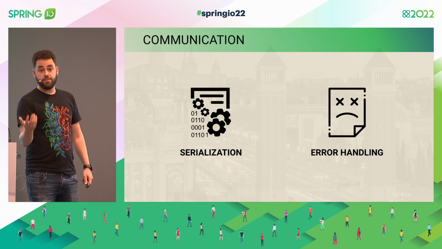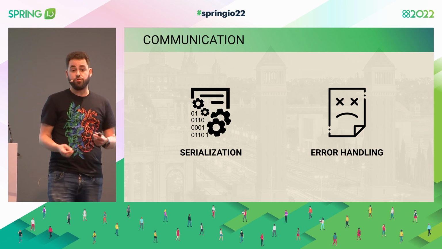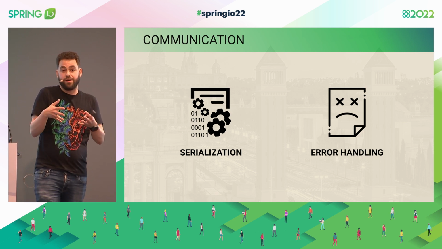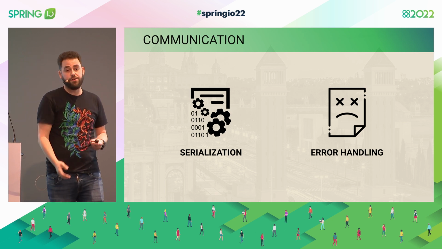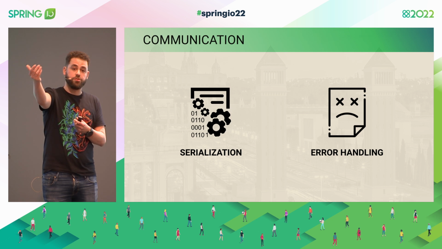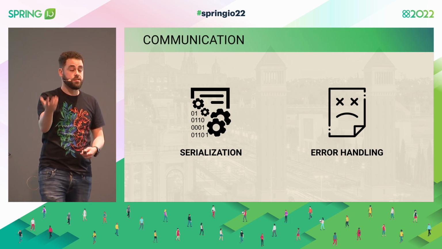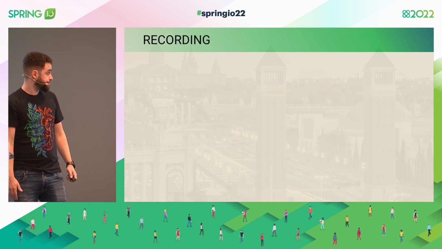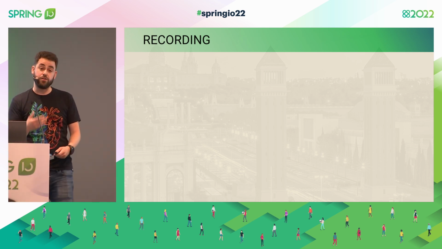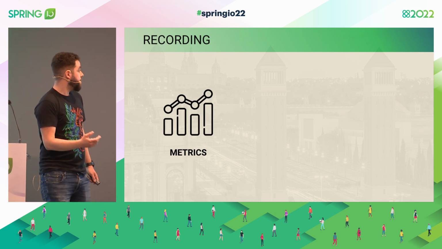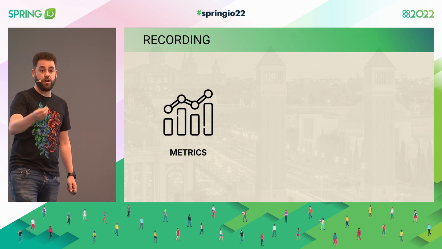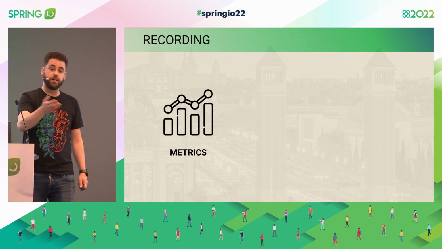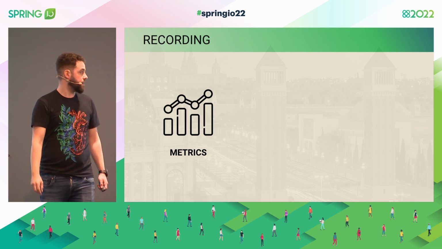Also, error handling. When we have more than one application, it would be nice if somehow they are talking some kind of common language. Of course, the API model will be different, but when we talk about error handling, we can standardize it, saying, okay, this is going to be an error code, this is going to be the message, any information is going to be there. We also have to record how the application is behaving, right? We talk about metrics, so we need to know when we ship something to production how it's behaving: the latency, error rate, a lot of stuff.